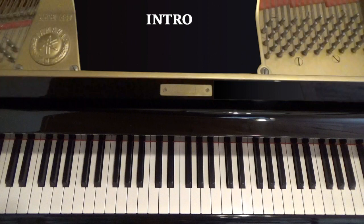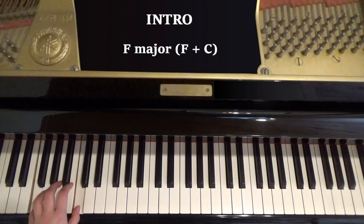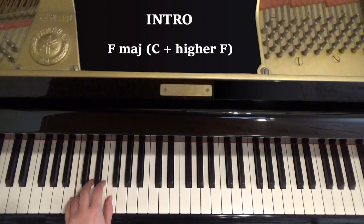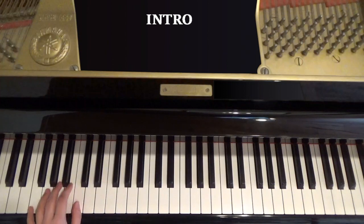So we're going to repeat that whole section now that we've just learnt, except in the left hand we've just got a couple of modifications. So the first chord, the F chord, we don't play this for the whole bar. Instead we do this for half the bar and then repeat the C and also add in the higher F. So it should go...